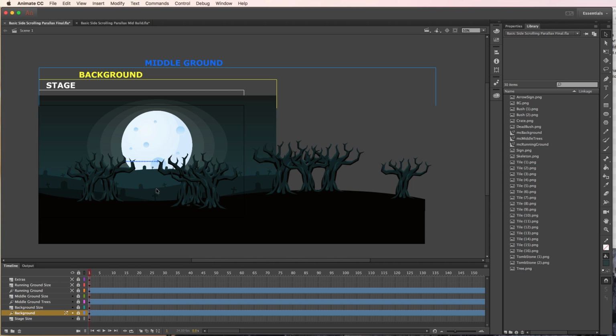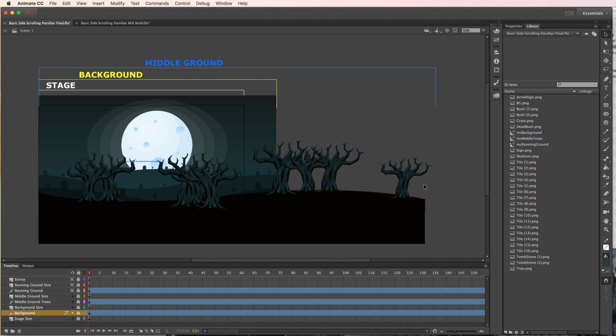So I know that's kind of a lot of numbers thrown out there, but you just want to make sure that as they move further back, they're going much slower than the one previously. Okay, so the middle ground size, we're going to do this by length of the graphic. So it's going to move really slow, the background, because it only has this much wiggle room to move left to right. Then we have this middle ground with trees, and as you can see, it's about twice the length